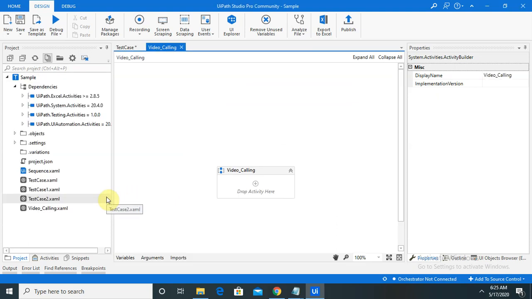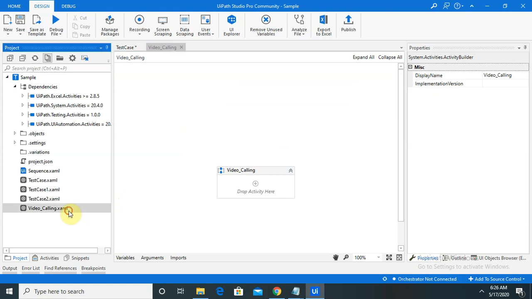It's the best way to categorize your cases by feature. If you found any defects in the video calling feature, and once you receive the fix for that defect, and you want to run only the video calling feature test case, just click on this and you can run it.